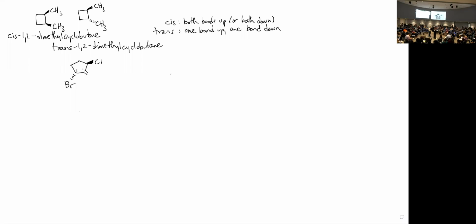So I think I'm going to call that carbon 1, that carbon 2, and that carbon 3. Otherwise, they would be 1, 2, 3, 4. That's too far apart. You want the sum of the numbers to be as small as possible. So I think the best name for this one would be trans-1-bromo-3-chloro